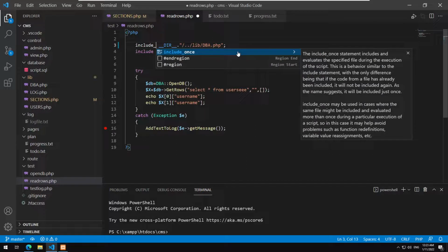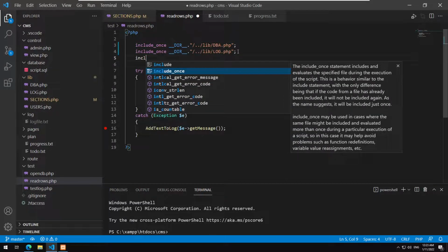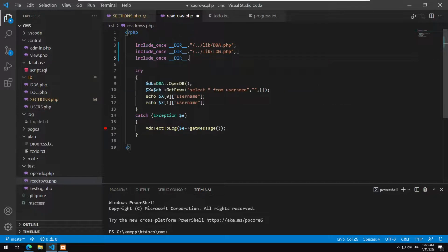So this is gonna be include once to prevent duplicate includes, right? And also include once dir dot lib sections dot php. There you go. And I'm gonna open the connection to the database, and then instead of using this, I will just simply